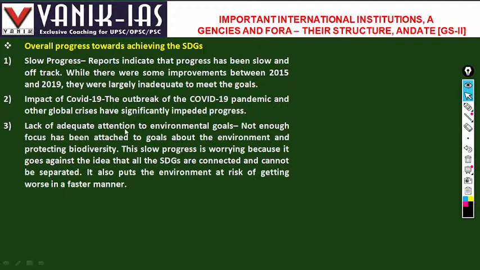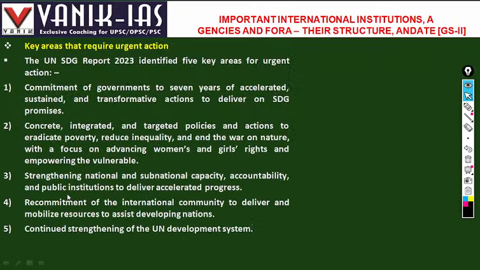Lack of adequate attention to environmental goals. Not enough focus has been given to goals about the environment and protecting biodiversity. The slow progress goes against the idea that all the SDGs are connected and cannot be separated. It also puts the environment at risk of getting worse at a faster pace. Key areas that require urgent action. The UN SDG report 2023 identified 5 key areas for urgent action. Although 17 goals have been set,